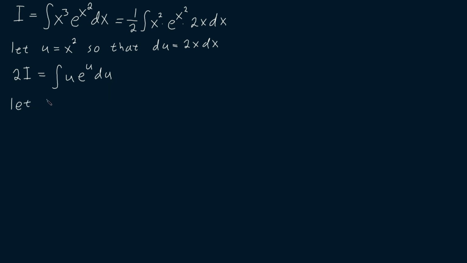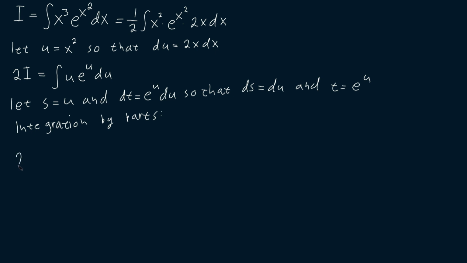First, let s be equal to u and dt be equal to e to the u du, so that ds is just du and t is e to the u, since the integral of e to the u du is just e to the u. Then integration by parts tells us that 2 times our integral, which we can write as the indefinite